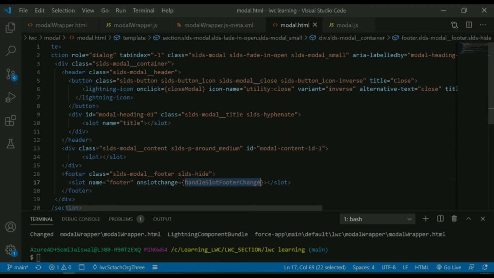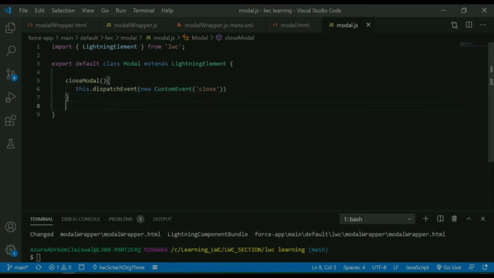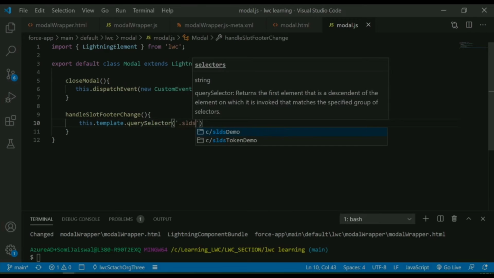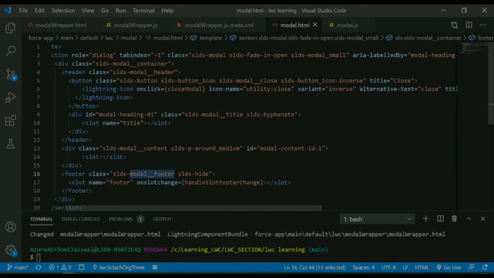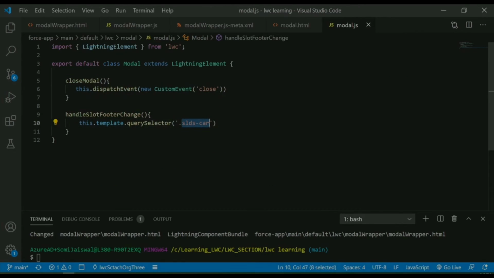So this method gets called and we'll create it here, and inside this we'll first fetch the reference of our footer. I'll say this dot template dot querySelector, dot slds-card, or we can copy the class name from here directly. We'll say go and find this class in the DOM and give us the reference. So we'll say const element